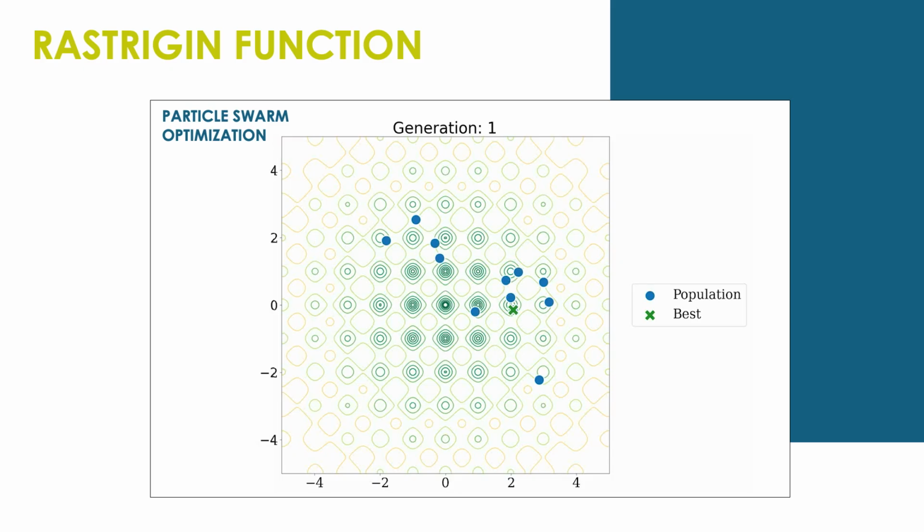Let us move to the application of particle swarm optimization over the Rastrigin function. Here, the power of population-based approaches can be truly appreciated. In fact, although some individuals may fall into local minima, the swarm continues exploring and eventually finds the global one. All particles then move toward it, abandoning the local minima in which they were trapped.